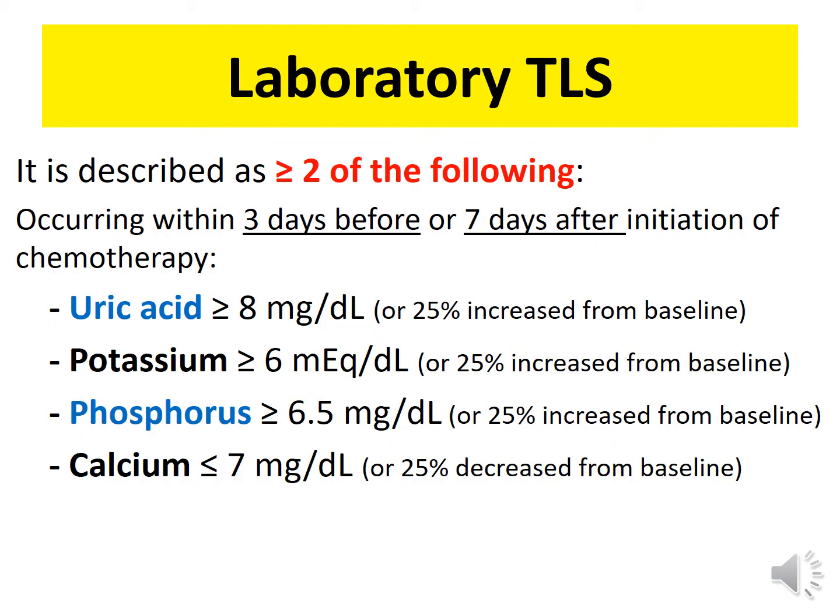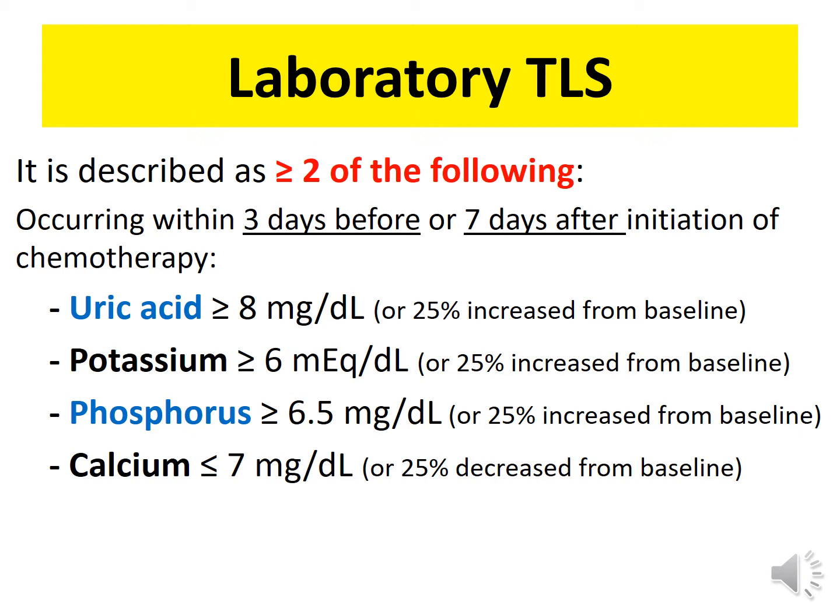If we look at laboratory tumor lysis syndrome, in order to diagnose it we need at least two of these features, and this could occur 3 days before or 7 days after initiation of chemotherapy. Number one, hyperuricemia, uric acid level more than or equal to 8, or an increment of more than 25% from the baseline, or a potassium level of more than 6 milliequivalent per deciliter, or 25% increase from baseline,